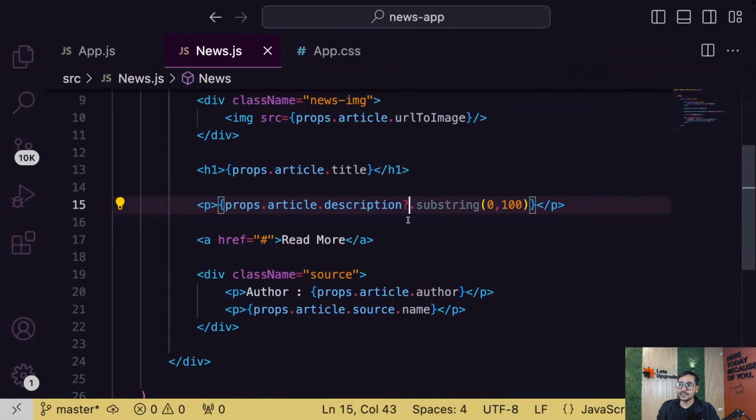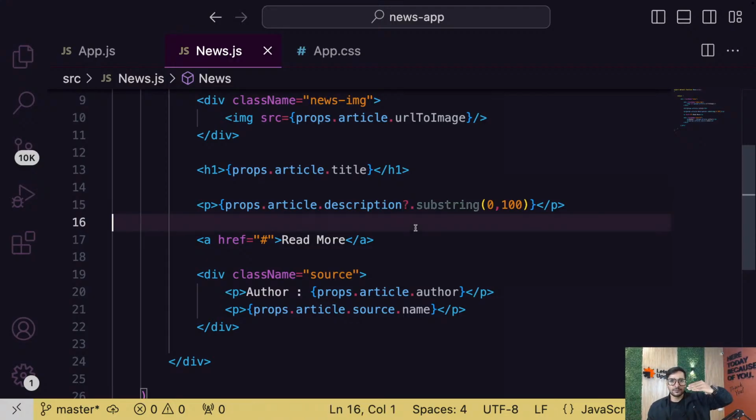Now guys, see, the reason I put a question mark here is that until my data loads from the internet, description will be null. And if I'm applying substring on null, that will be an error. So this is basically a null checking operator, an optional chaining operator. If it is null, fine, ignore it. If it is not null, then apply substring. So this operator is needed there, because it is coming from the internet, right? As soon as your application loads, sometimes it might take time. You can also use slice.toString.